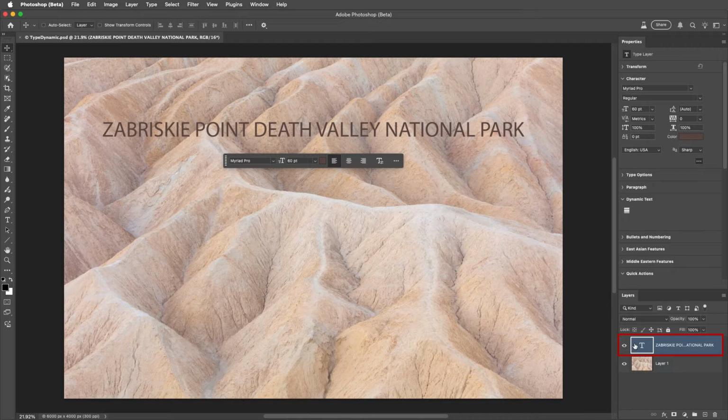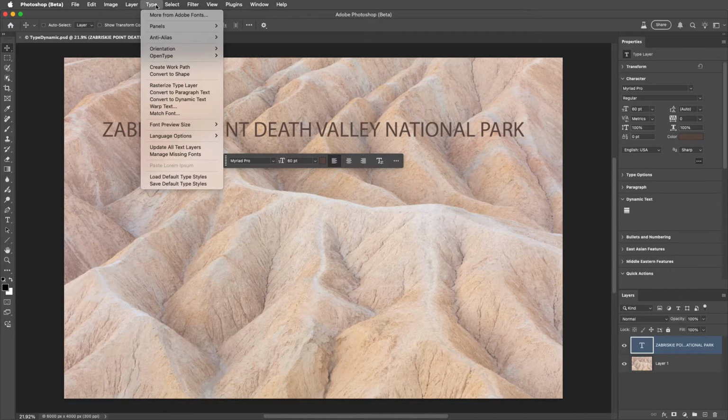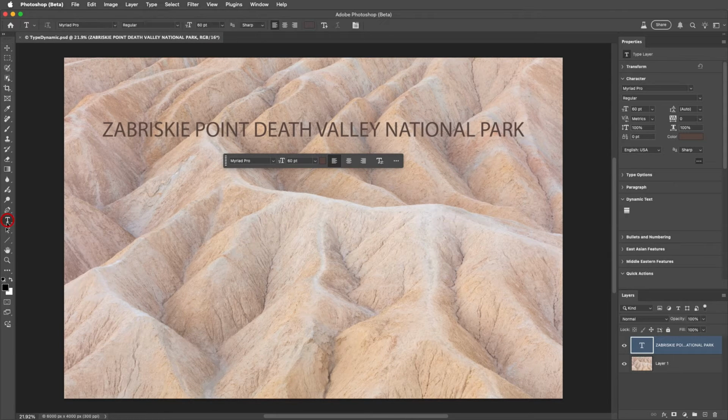With the type layer selected, we can choose Type and then Convert to Dynamic Text, or with the Type tool selected, I can click on the new dynamic text icon in the options bar. Or we can click on the dynamic text icon in the Properties panel in order to convert the text layer to dynamic text. We can see the new dynamic text layer icon in the Layers panel, distinguishing it from a